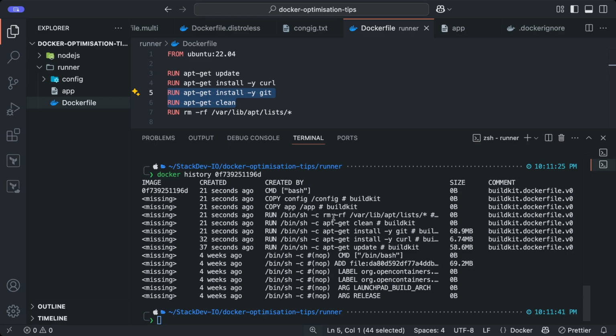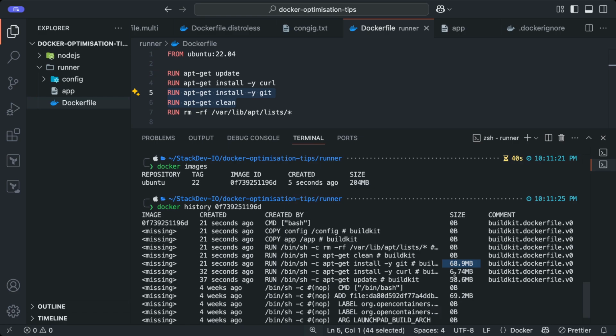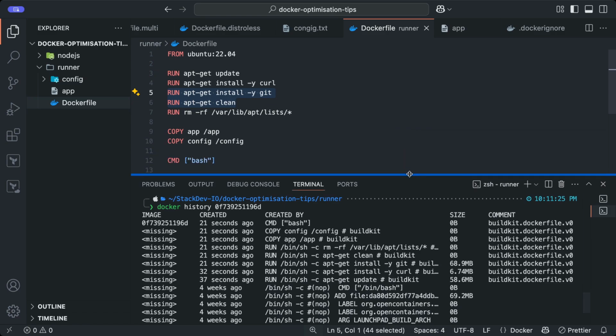So you can see here, when we update, the update is taking 58 megabytes. The install is taking this much memory. This one is taking this much, and all this contributed to the 204 megabytes that we can see here. So what the reducing layers technique does, which is our fifth technique by the way,